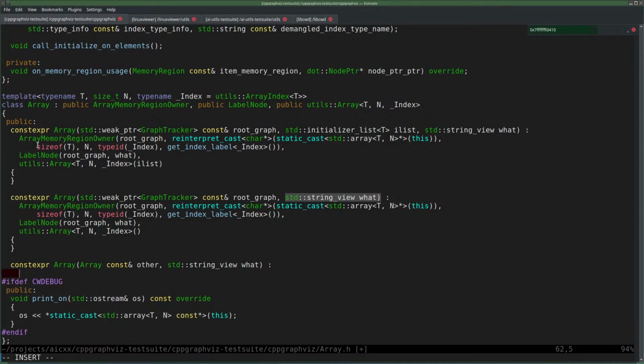Yeah, but the array memory region only needs a root graph to be passed. So I'm going to eat. That's what I want to say. Yeah. I'll be back later and I'll continue this in